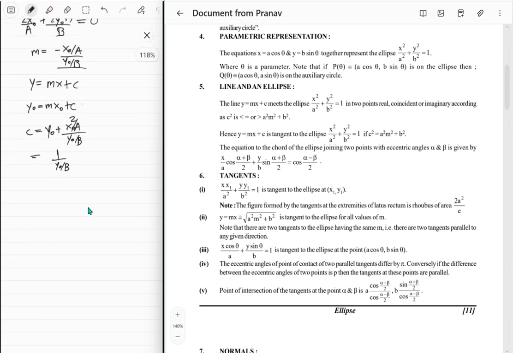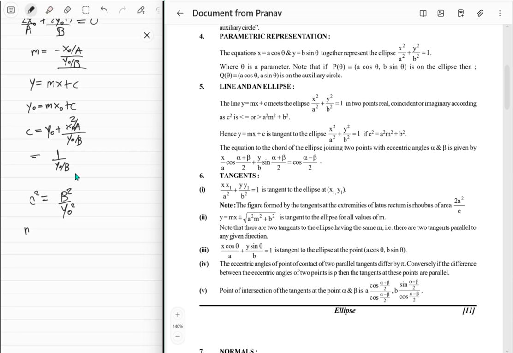So yeah, from this we can get c being this thing, and m is that. And then the thing that they want to do is find out what c is in terms of m. That is, basically they're saying c squared is equal to a square m square plus b square, right? So squaring both of these, you get c squared is equal to b squared upon y naught squared, and